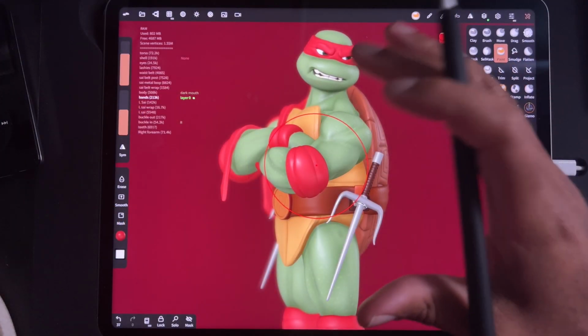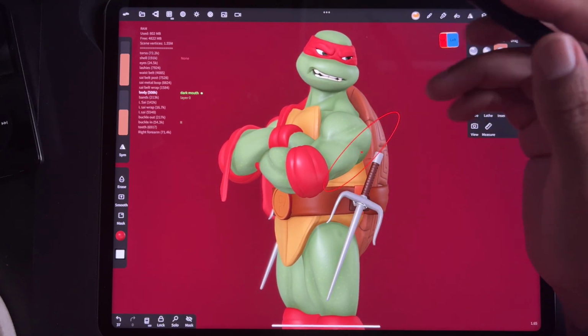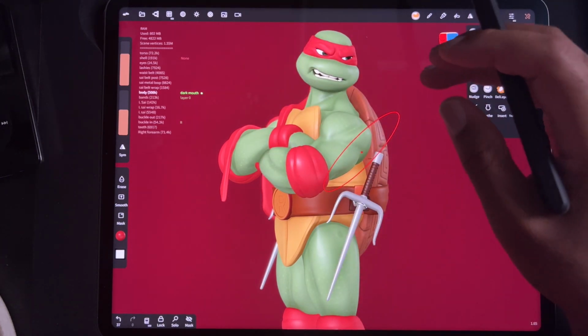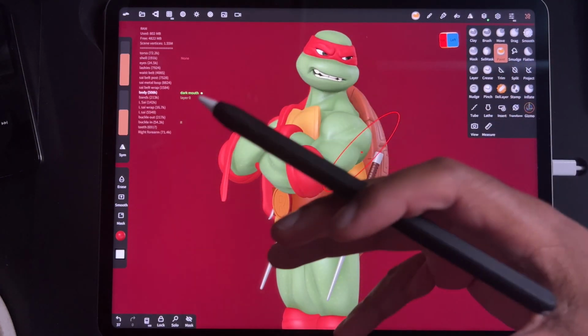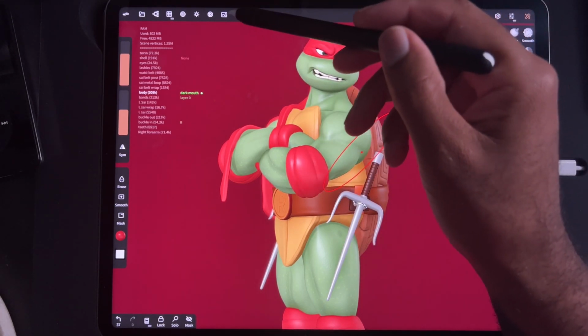Hey guys, I want to show you how I do backgrounds for my characters. So I finished him in Nomad Sculpt. Raphael is pretty much done. I just have a red background now, but I want to make it a more dynamic background and add some lights. So firstly,